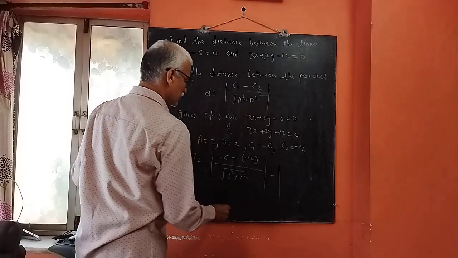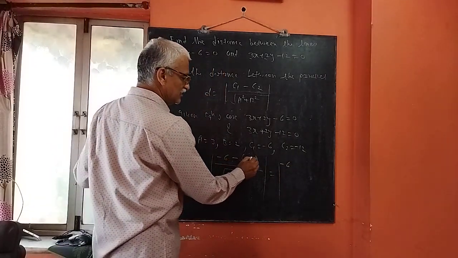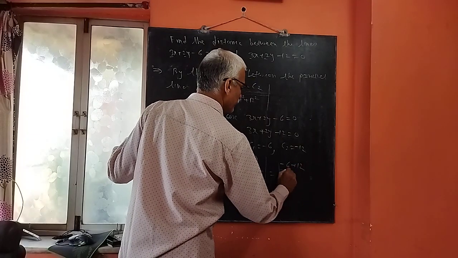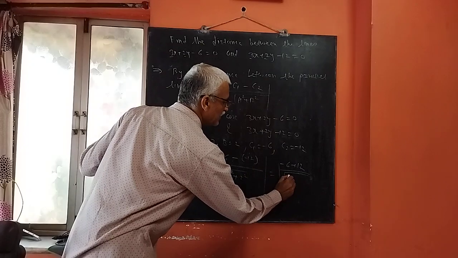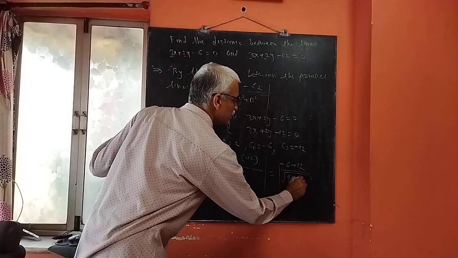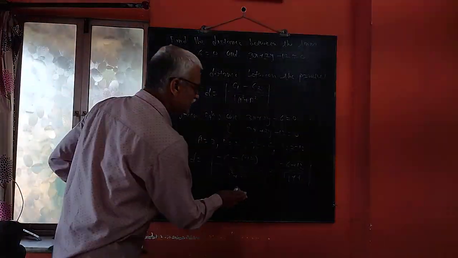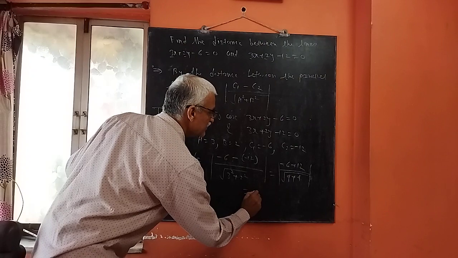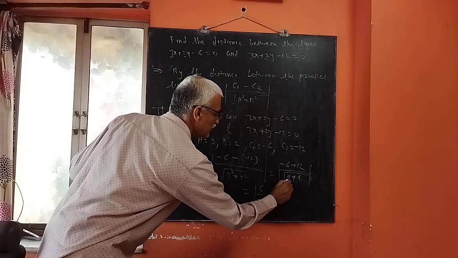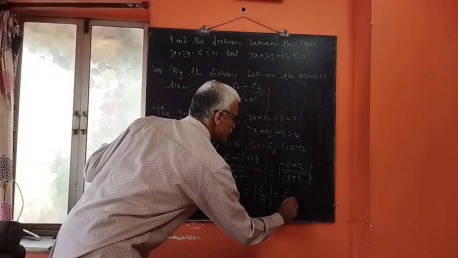This equals mod of minus 6 plus 12, divided by square root of 9 plus 4, which is mod of 6 upon square root of 13, or 6 upon root 13